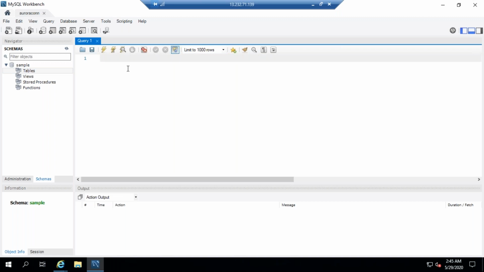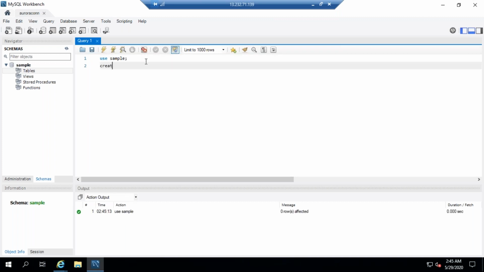First thing is let's create a table. How to create? Before creating a table, you have to tell it which database to use. Do you want to use this sample database? Yes, you have to say use sample, which means sample DB. Okay, run it. Use sample DB is fine. Under sample DB, I want to create a table. Create table cast, cid int, cname varchar.